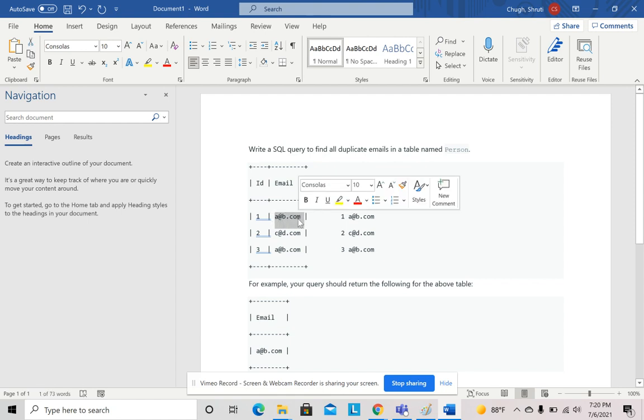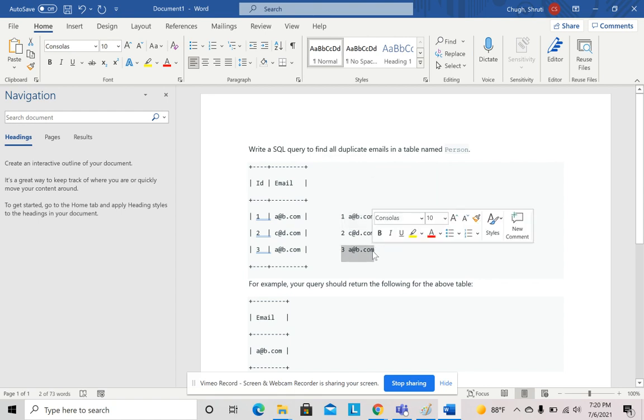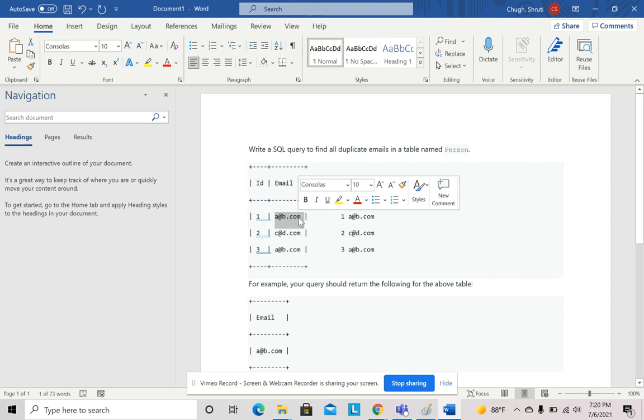if we see the common email, we see that a@b.com is common in this table and this table. But here, since we have two entries, this record would be joined with both these records, because when we do a join, we look for common records in both the tables. And since a@b.com is common in both these records, it will join itself with these two records.